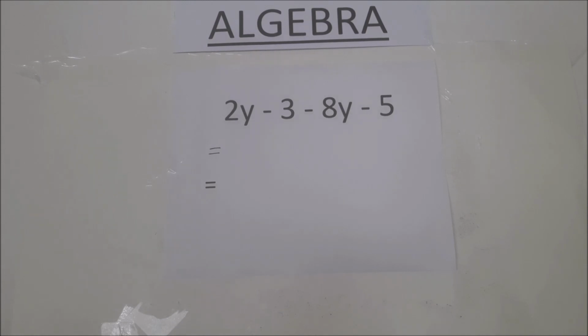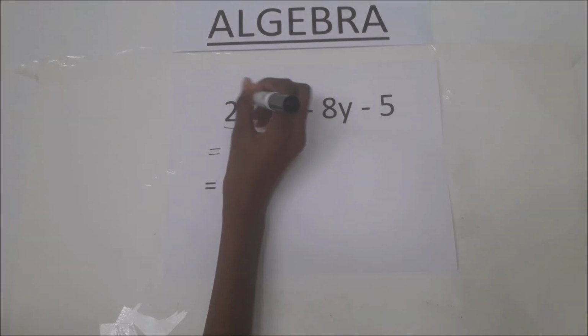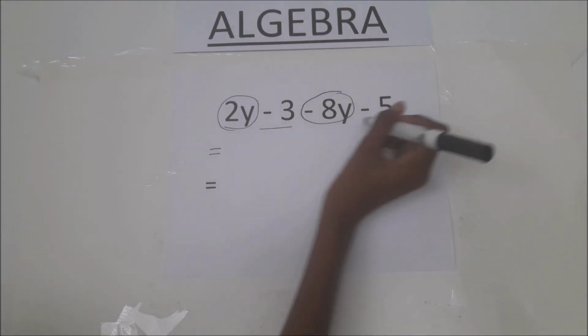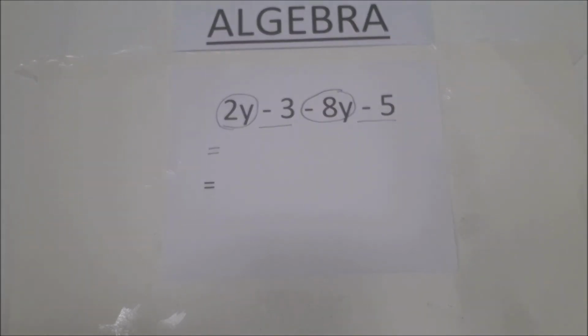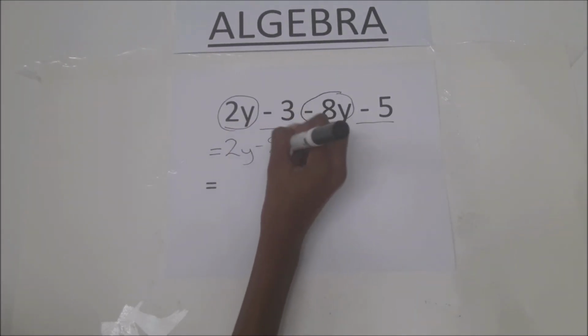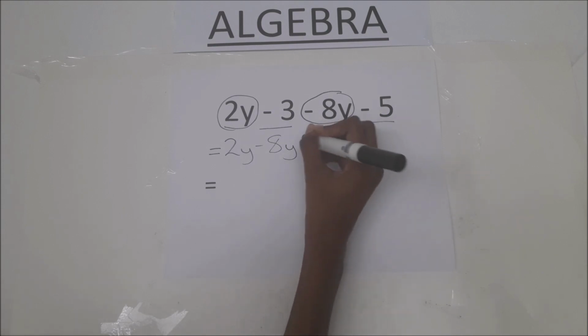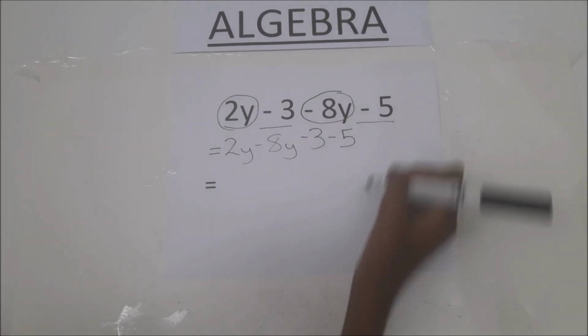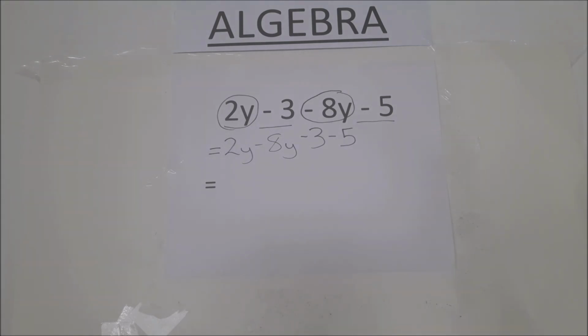Okay, Raphael, read it. 2y minus 3 minus 8y minus 5. Work it. Circle the y's and underline the numbers. 2y minus 8y, minus 3 minus 5. 2y minus 8y is